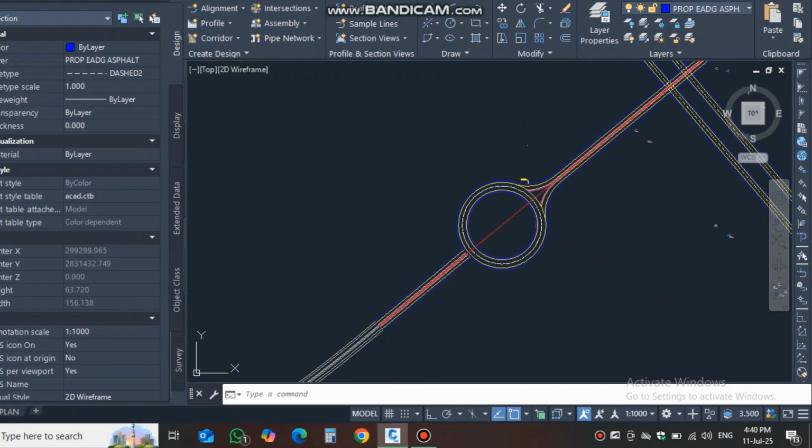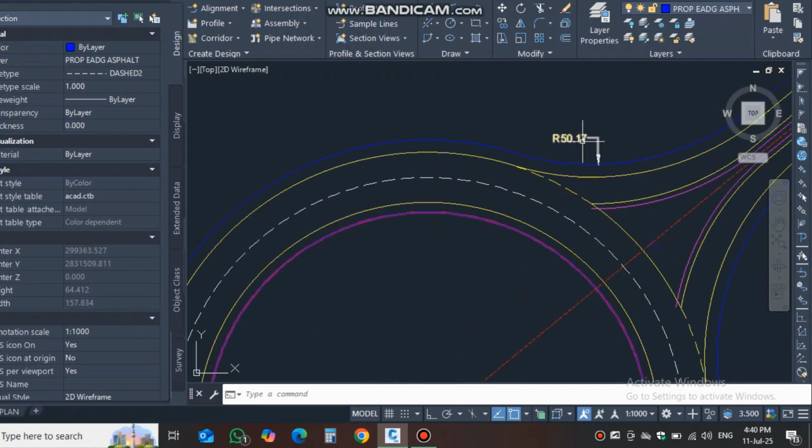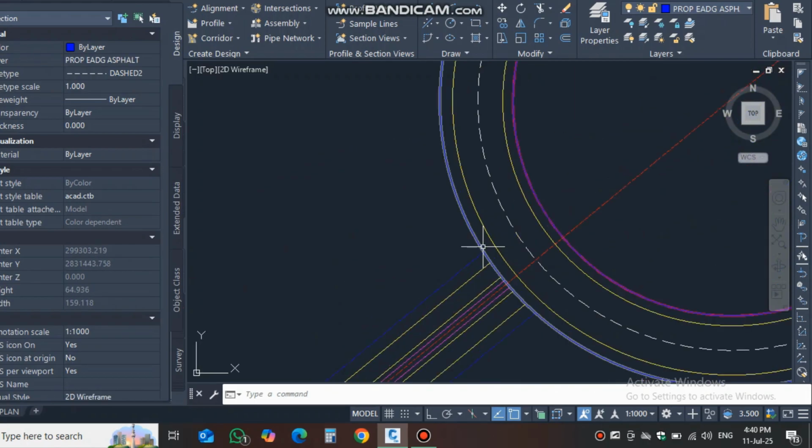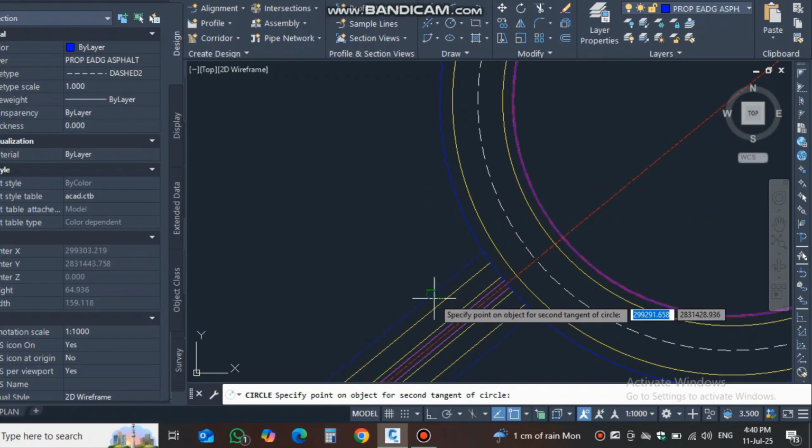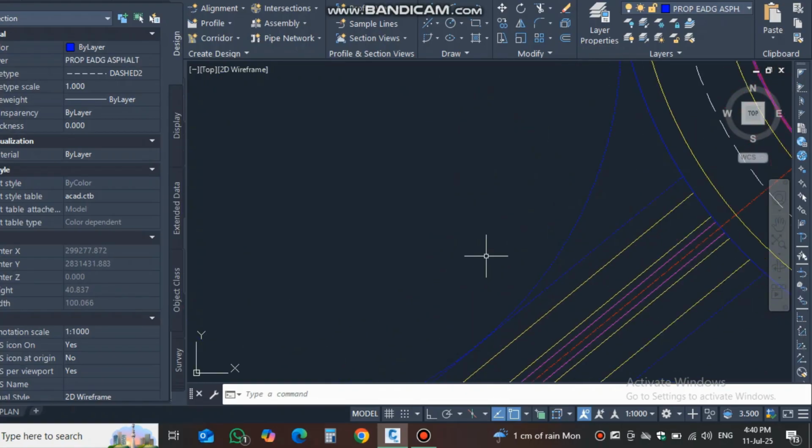The outer radius is 50.17, so again I will create a circle for this. I will select this one and the outer, and I will enter the radius 50.17, and now as you can see, it connected